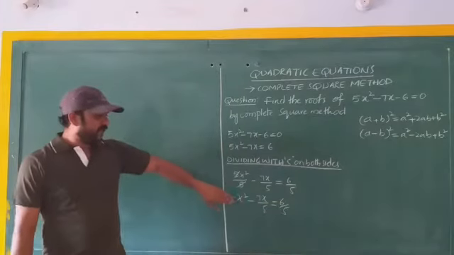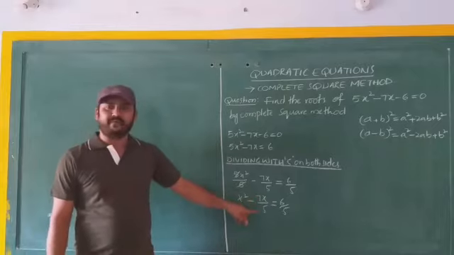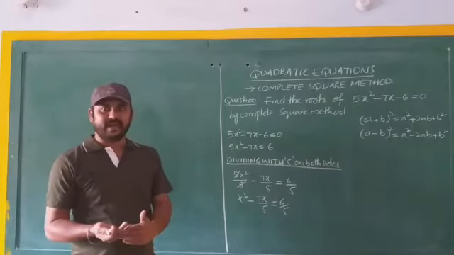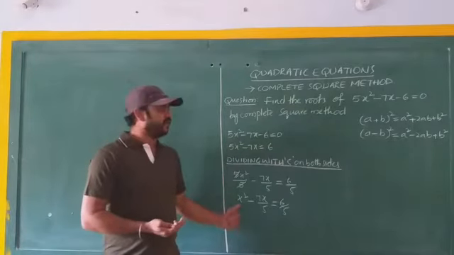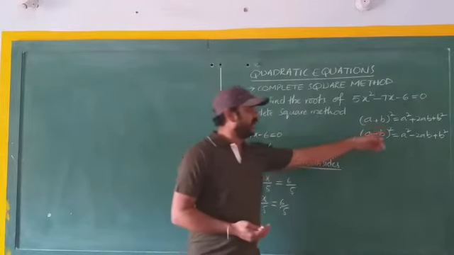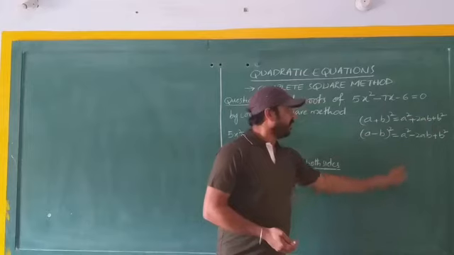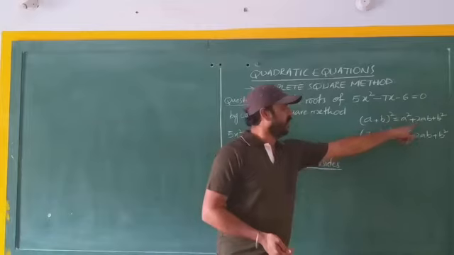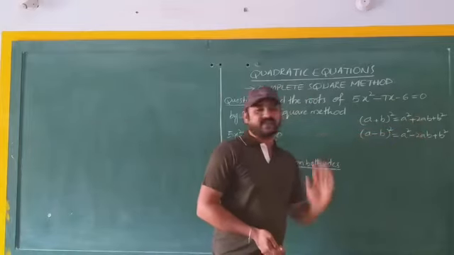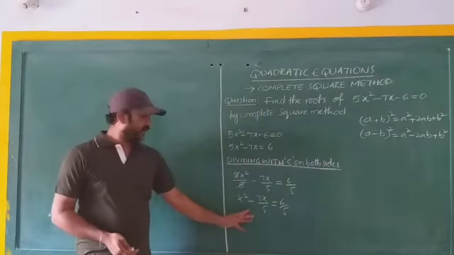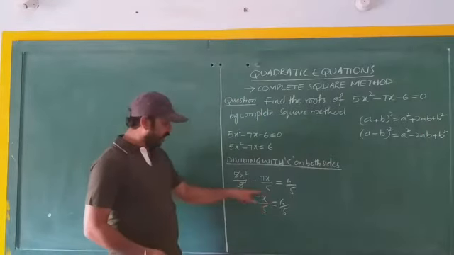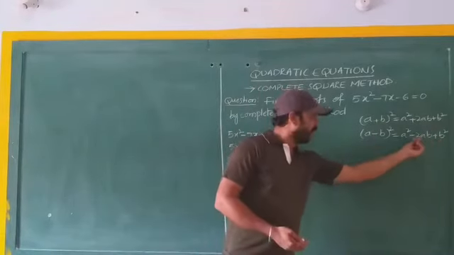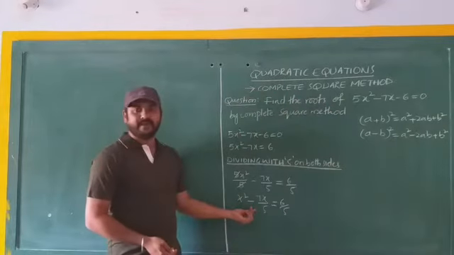Now the left hand side of this step, x square minus 7x by 5, should be converted in the form of the first algebraic identity or the second algebraic identity. Which identity do we have to use here? If you go back to the identities, the first identity is a square plus 2ab plus b square, the second identity is a square minus 2ab plus b square. The difference between these two is what? In the first the middle term is positive, in the second the middle term is negative. And if you see the step here, it is negative. So we have to convert this left hand side in the form of a square minus 2ab plus b square. Why? Because the second term is negative and here the second term is negative.